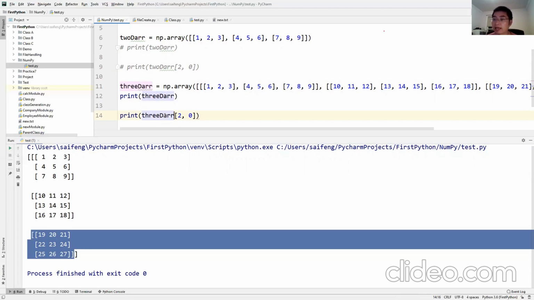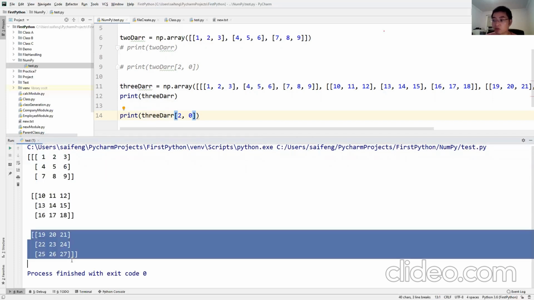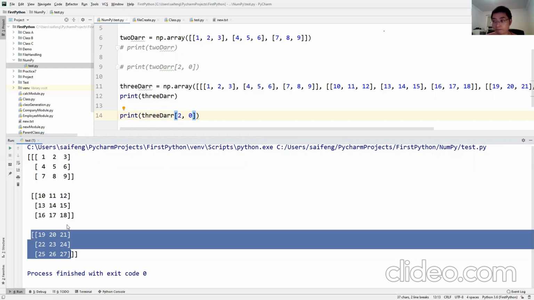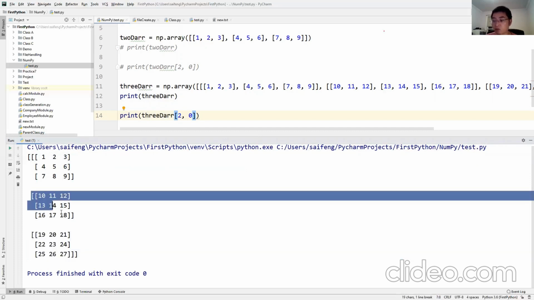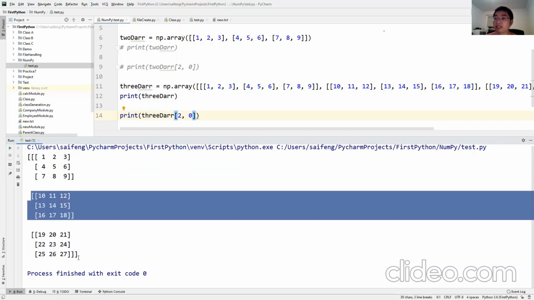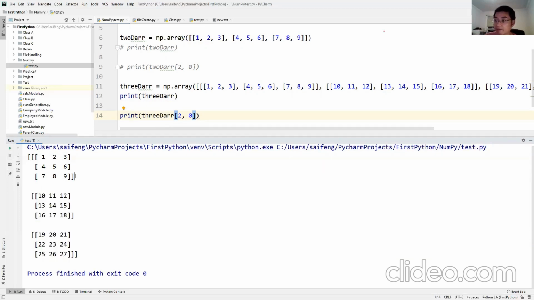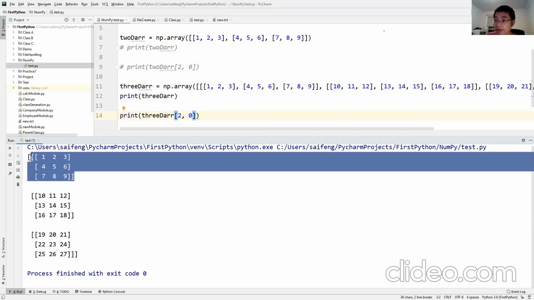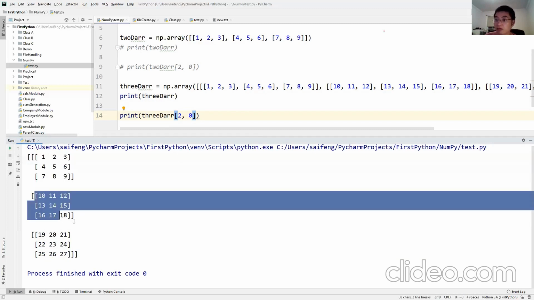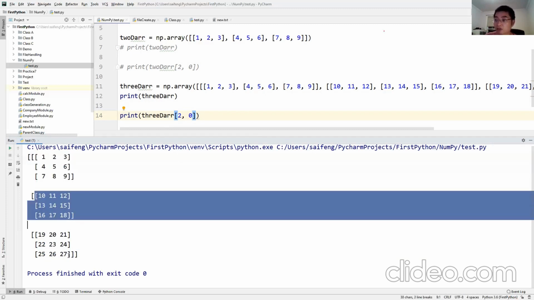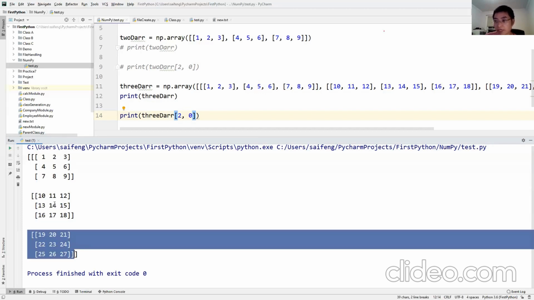The first index tells which 2D array you are in: first one, second one, third one. And again, the index starts from 0. So the index for the first 2D array is 0, the second 2D array is 1, the third one is 2.